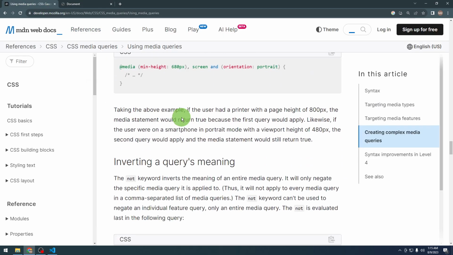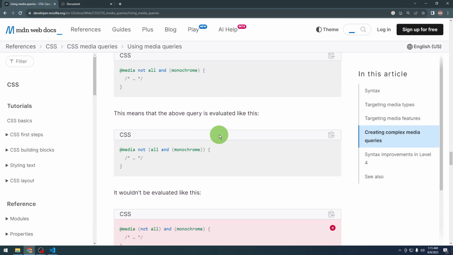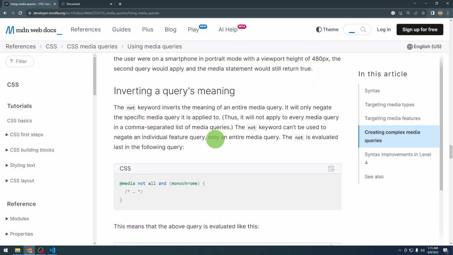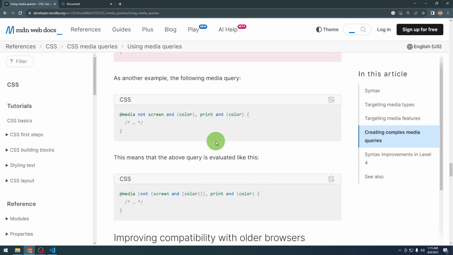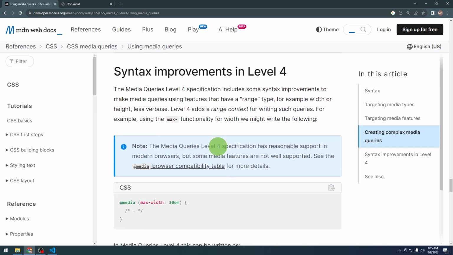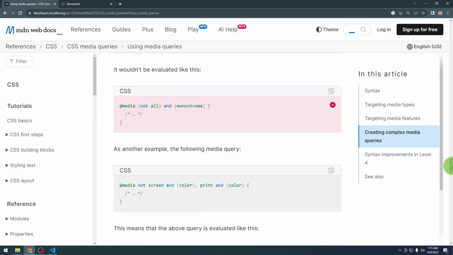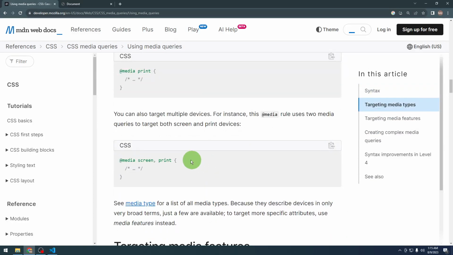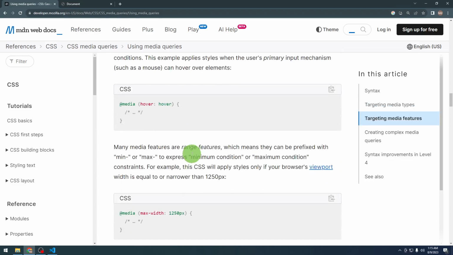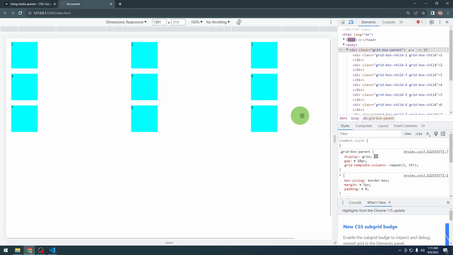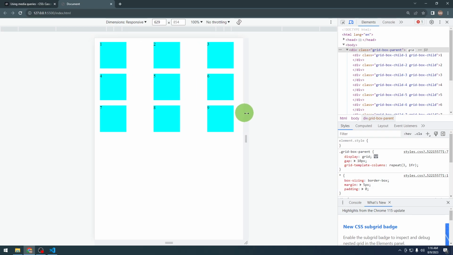Okay, so I hope you guys understood the media queries. Media not all. Okay, this is not for you and me. I think this is a bit advanced stuff. Let's ignore these and go back to the basics. So we can set media screen and print. If we don't use anything like this, we're selecting all by default. So we're selecting all, and as you can see,